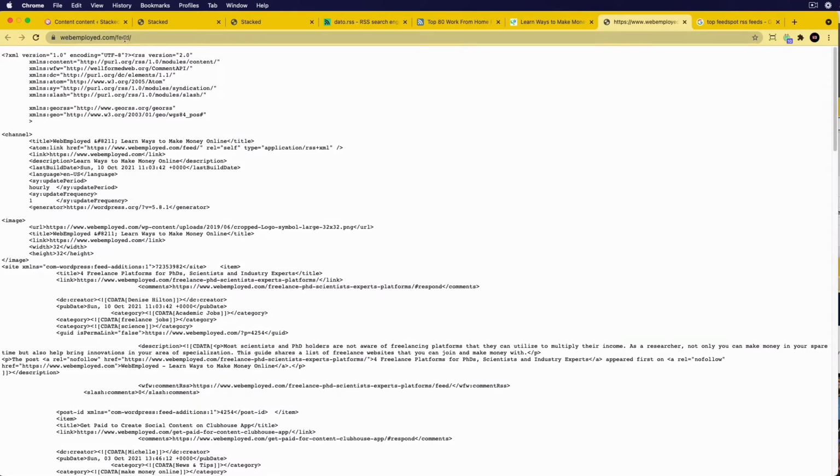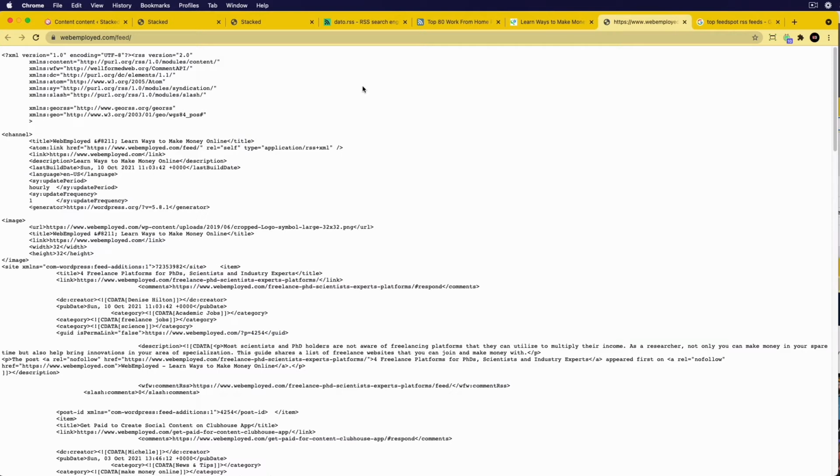A lot of the time, if you just go to a blog and at the end of the website type /feed, or /rss, you'll get this page. Sometimes you won't, because they're set up differently. Okay. So you can obviously go on Google and search for the category, the type of sites you want, and